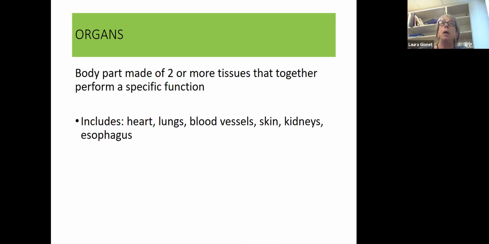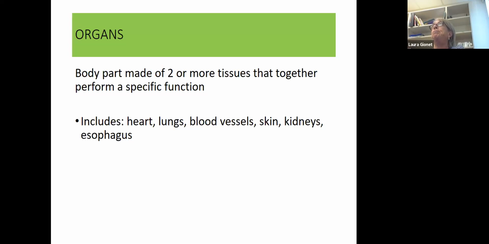Organs: a body part made of two or more tissues that together perform a specific function. So when different tissues come together to perform a specific function, we call those organs. And those are what you're going to look at a lot in the first lab this week, or one of the first labs of AMP1, looking at different models or pictures of hearts and lungs and where blood vessels are located, arteries and veins. Where the skin is located, what kidneys look like, what a liver looks like, a gallbladder, a stomach, a small intestine, a large intestine, a bladder,